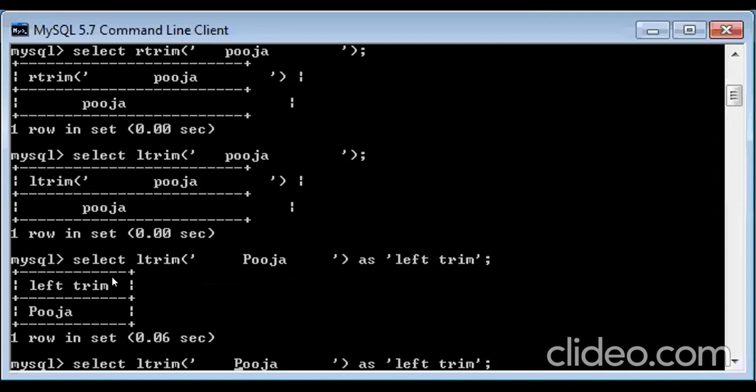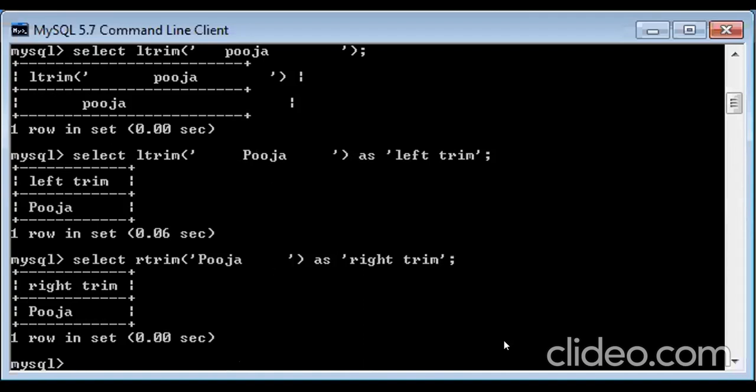So let me just remove the space. Here we did ltrim, so the left hand side is already gone, right? For the left hand side you will anyway get to know, because the characters or the string which is written will move that side. But it is a problem for the right trim. See, you cannot really visualize this. There is a space. It's difficult to identify, but it is working for sure.